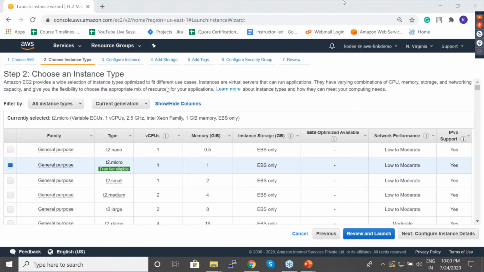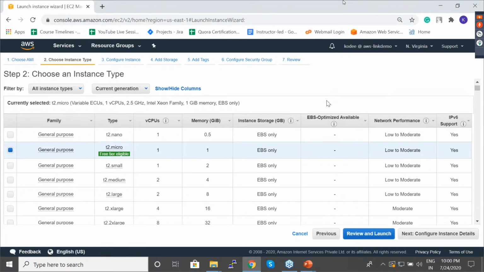What is EBS optimized? Okay, I'll answer that. Okay, I'll repeat step 1. Instance type costing. Yes, instance type costing policy differs. If you have one virtual CPU and 1 GB of memory, then it will be less. If you have one virtual CPU and 2 GB of memory, it will increase a little bit. So obviously, it will differ. What is EBS optimized? I'll tell that and I'll repeat step 1.